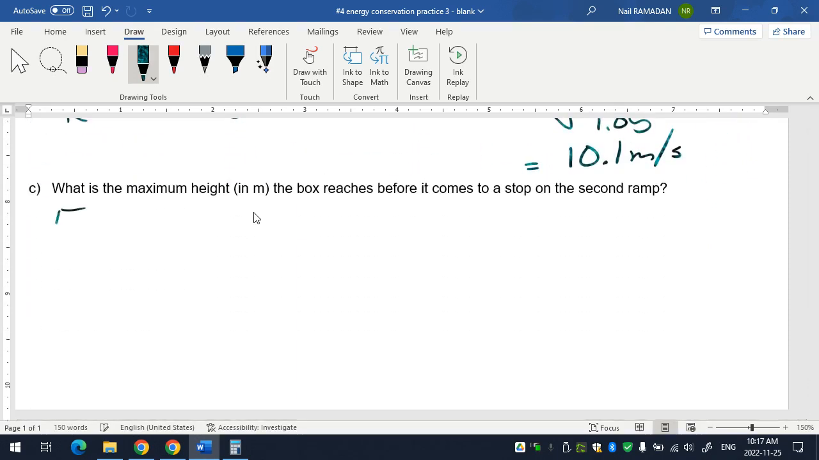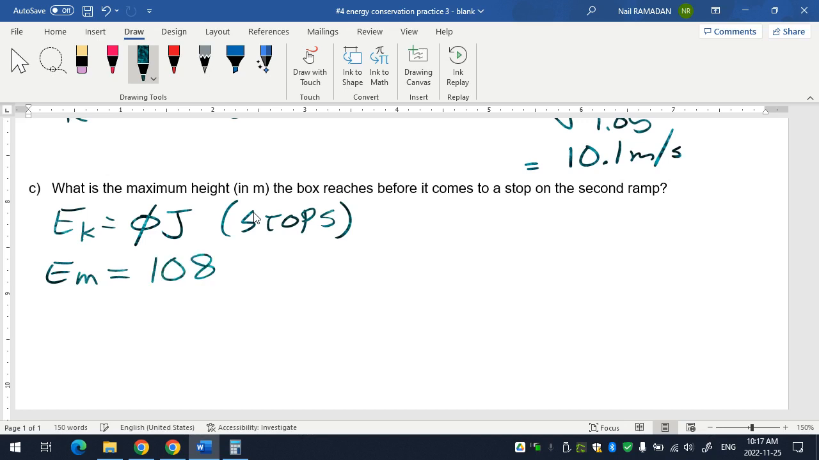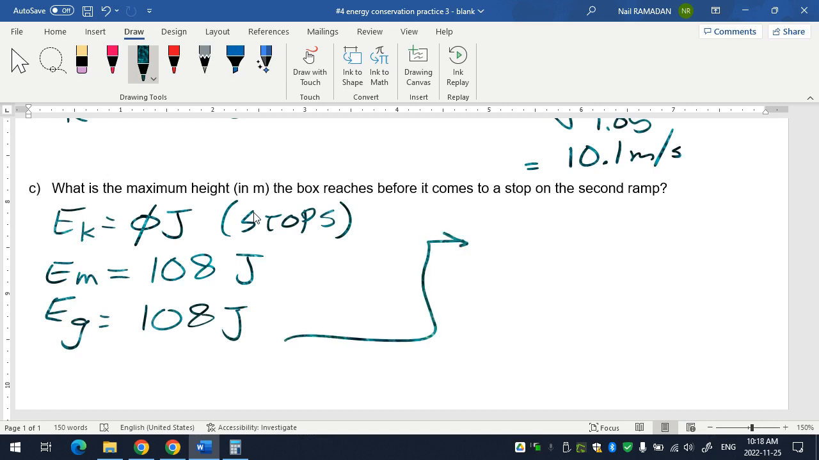So EK equals what? 0 J, because it stops. EM is still how much? 108, because that's the max amount of money in the system, which means EG has to be what? 108. And let's calculate the height backwards. So what's the equation? 108 equals M